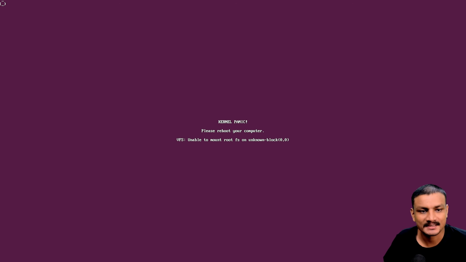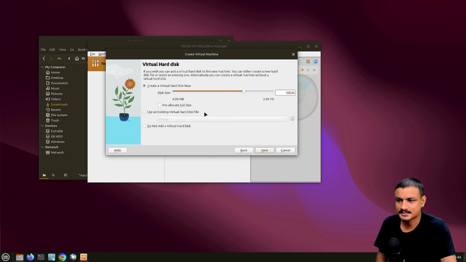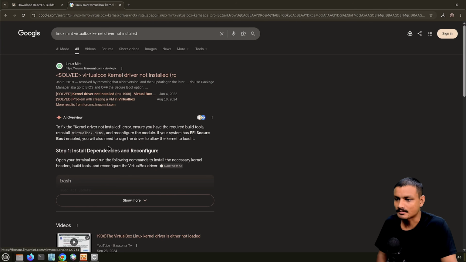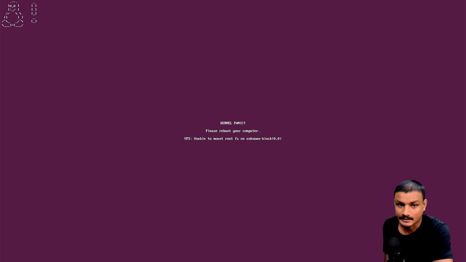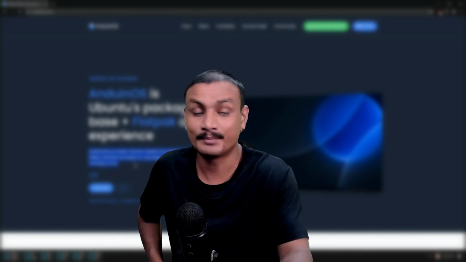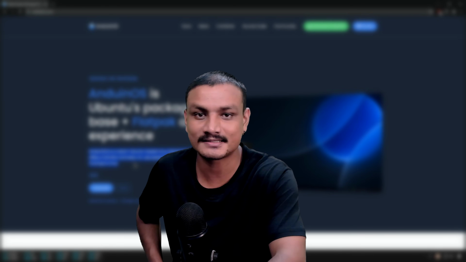Because just recently I broke my Linux Mint install. I was trying to use VirtualBox. I needed to install a kernel driver for VirtualBox, and there were some new updates available. After I updated Linux Mint, it gave me this error, kernel panic. I just want to make sure that I do proper rating by actually daily driving the operating system that I'm